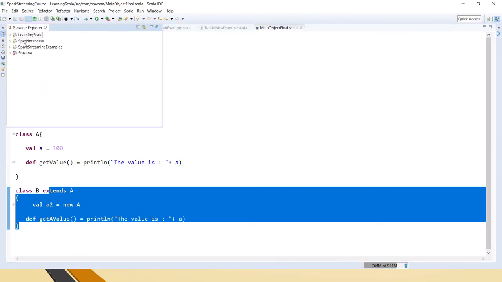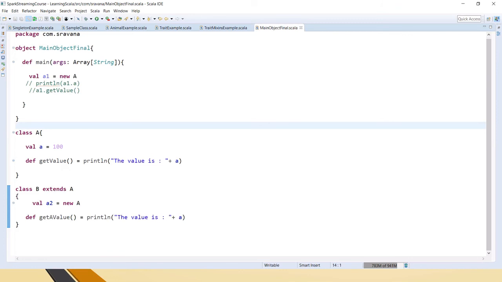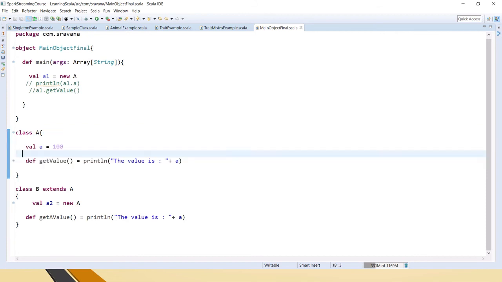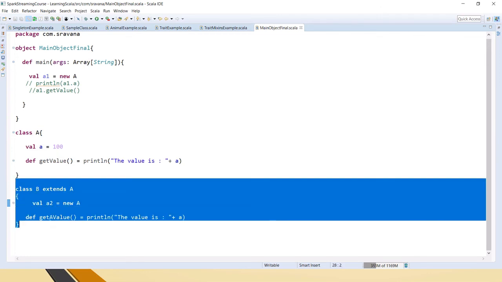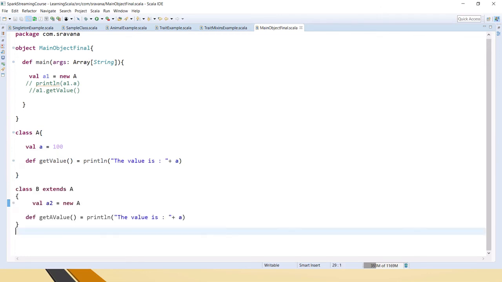Private and protected cannot be accessed in any other file in the package, or by the outside world. So private is accessible only inside the class and companions, and protected is accessible in the class, companions, and within the subclass. So now let's declare this as protected,